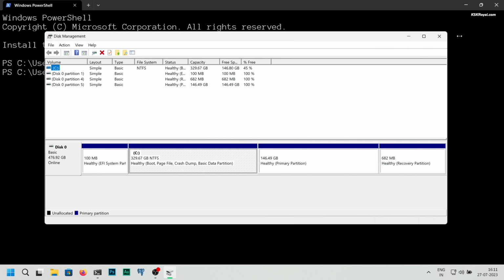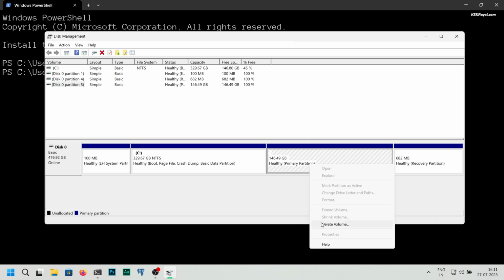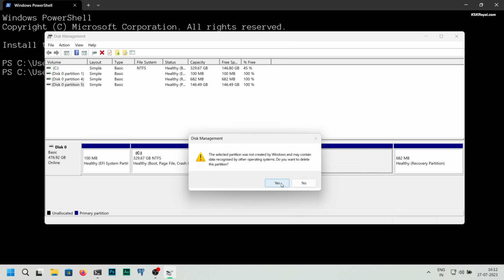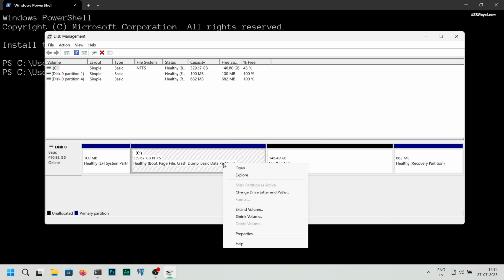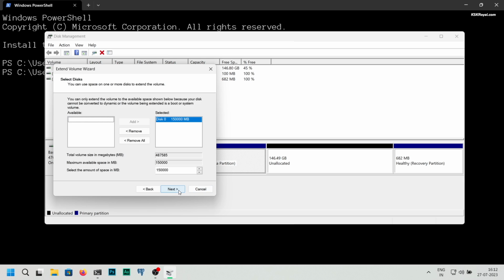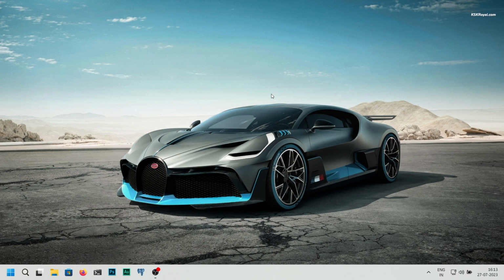Now next to the C drive, you can see one partition that was created while installing NixOS. Just go ahead and remove this partition by deleting it. Simply right click on it and choose to delete. Now you will see an unallocated free space that you can use to expand Windows. Now go ahead, type cmd and run it as administrator.